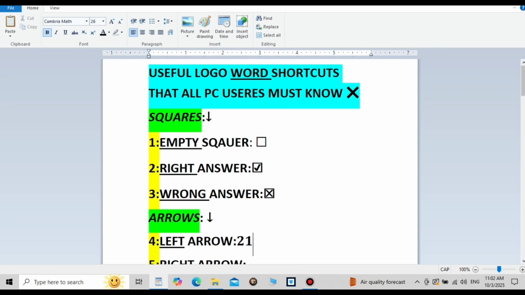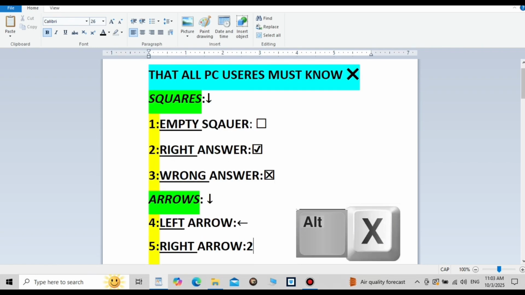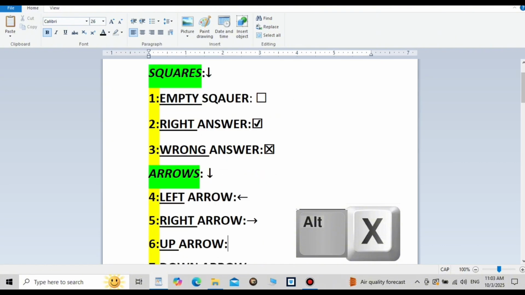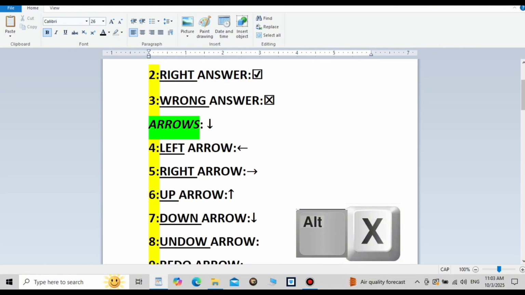Arrows. Type 2190 plus Alt and X for left arrow, 2192 plus Alt and X for right arrow, 2191 plus Alt and X for up arrow, 2193 plus Alt and X for down arrow,